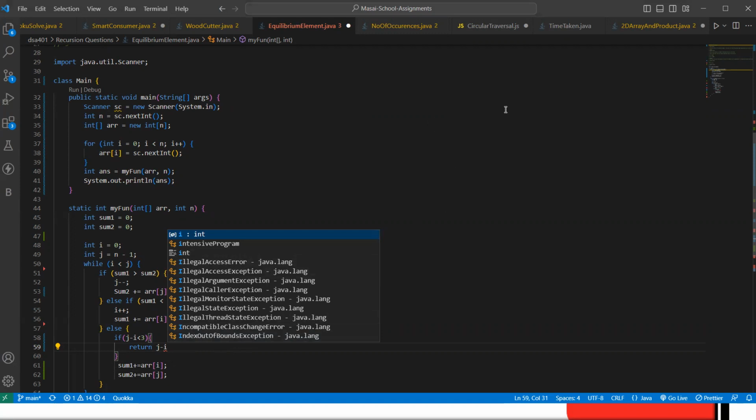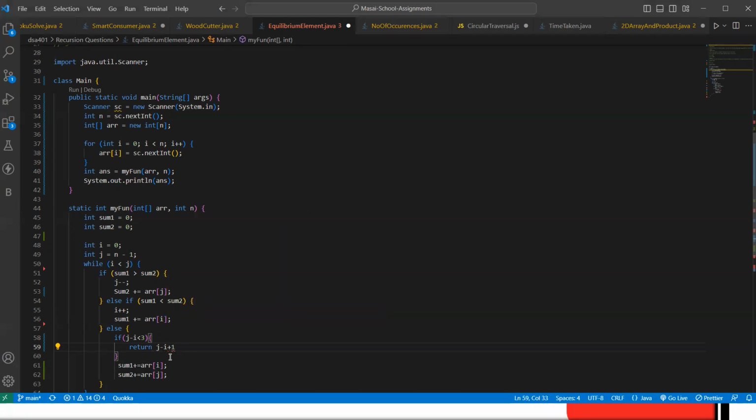Like I am showing you, j is present at the fourth index and i is present at the second index, so j minus i is 2, 4 minus 2 is 2. But the question is based upon one-based indexing, so that's why we are adding one here.